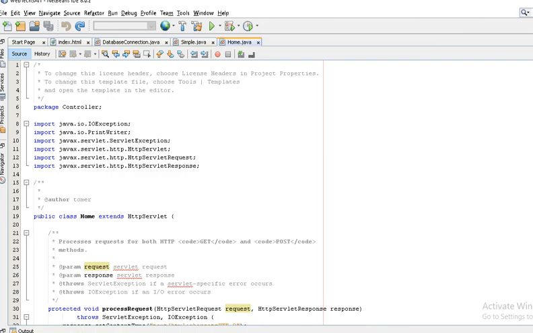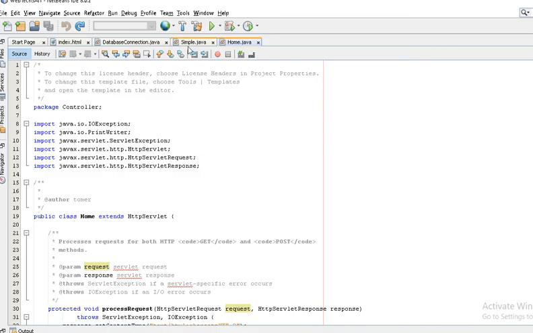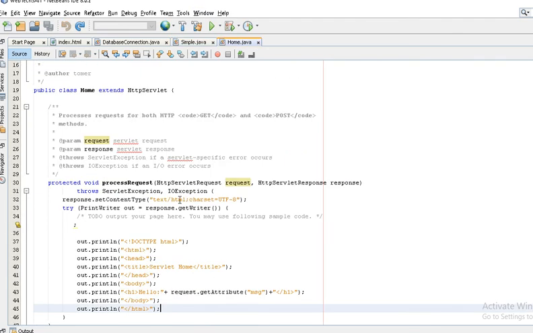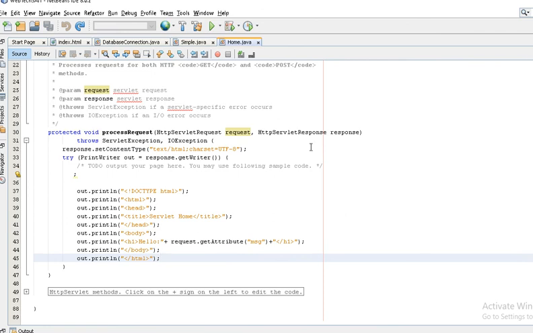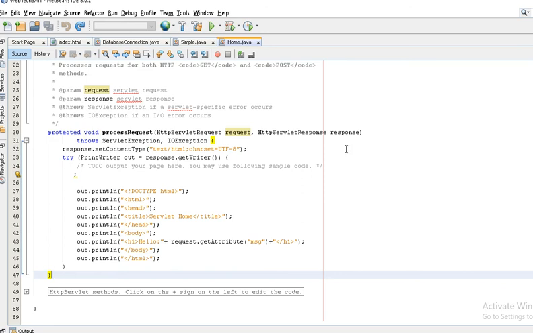So you can see the data is successfully inserted into the database. So this is all about insertion of data using the MySQL database.